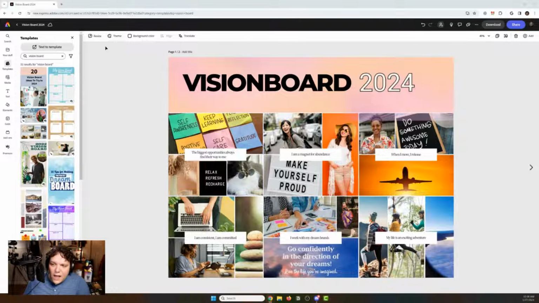Continuing, I want to go ahead using this as my example. I think it's important to show how you can create your own, right? So I want to make my vision board be my desktop background. So I'm going to go ahead and add a custom size page. On the top right hand corner here, hit custom size. I want this to, well, if it'll stay, that might have been on me.